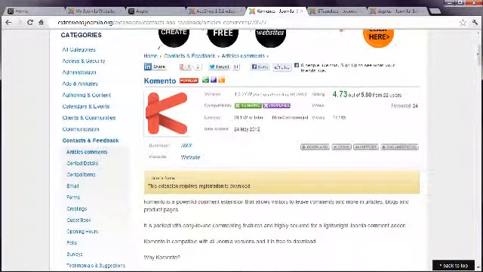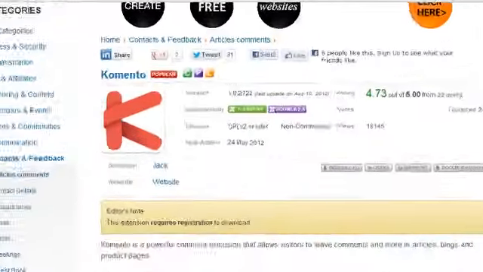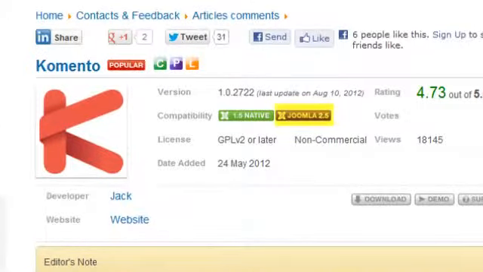Note that this particular extension is non-commercial, meaning it's free. Commercial extensions cost money, and the amount developers charge varies enormously. As there are multiple versions of Joomla, you need to check that the extension you want is available for your version of Joomla. Ensure that the appropriate icon, in this case Joomla 2.5, appears next to the compatibility label. Now click the download button,